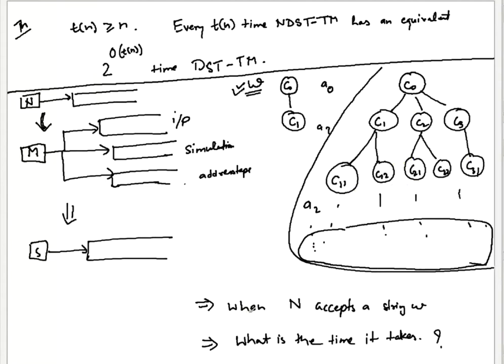So in this case, when N accepts a string W, it is like in at least one of the branches somewhere you have a Q accept, right? So that Q accept state is met in the configuration. So the configuration contains Q accept. Now suppose this is the location where it got a Q accept, so this becomes an accepting configuration, and this is where the Turing machine is going to halt. So your non-deterministic machine will not go further on it. It need not really compute on all the symbols available in W.